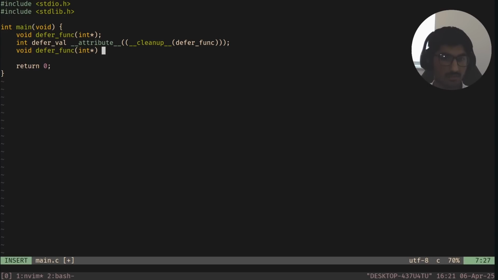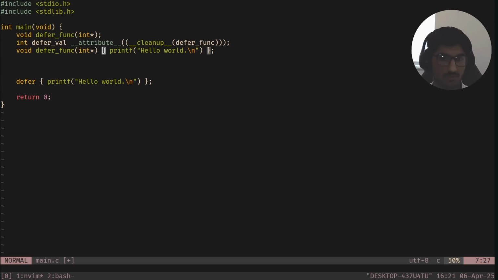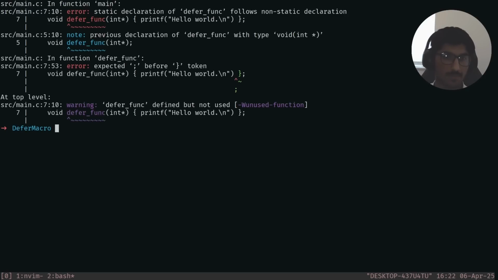So I'll have these 3 lines, and then whenever we actually call the macro like this, this statement right here will automatically just be put here, so we'll just finish off this defer func. If you're looking at this right now, this should probably make sense. However, if you want to run this code, just to see if it works, let's see, we get